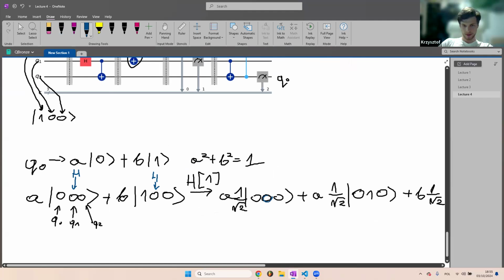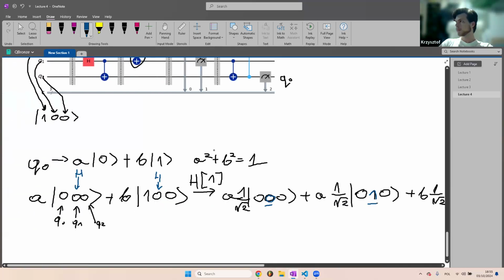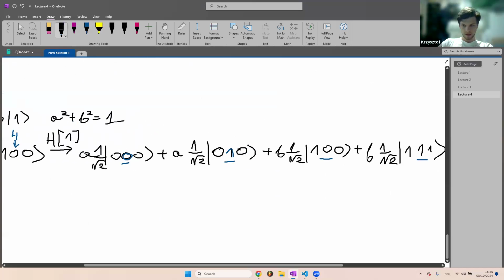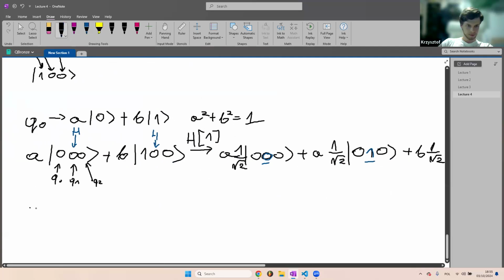Hadamard gates affect this qubit, this qubit, this qubit, this qubit, and this qubit. Then we apply a controlled NOT operator, CNOT, to every state of the